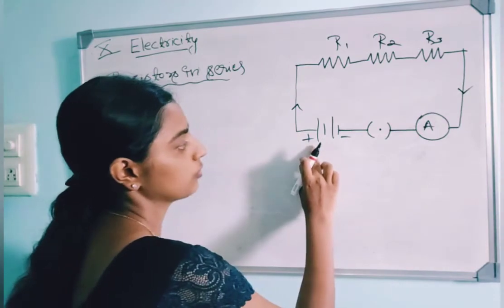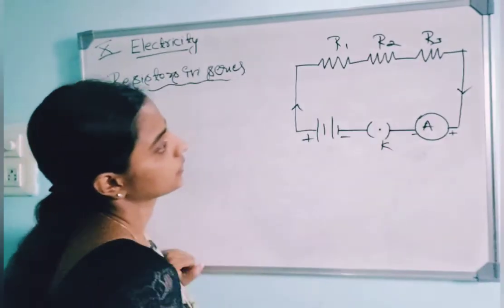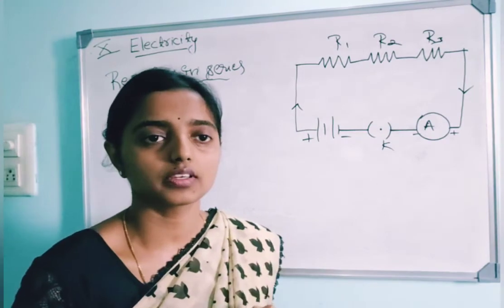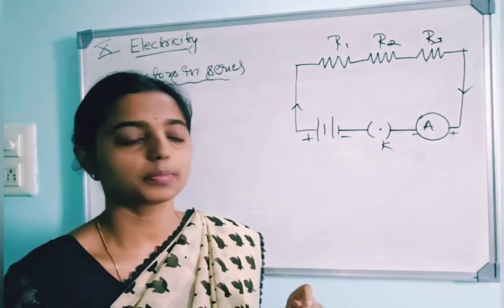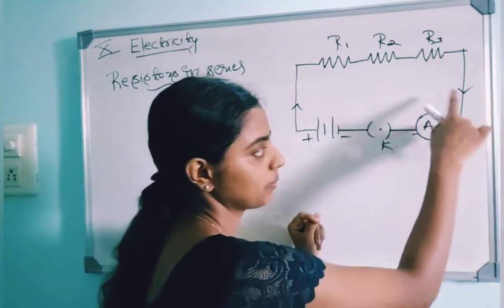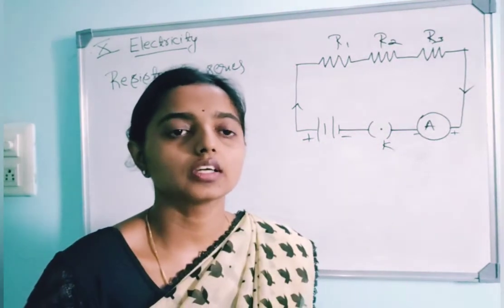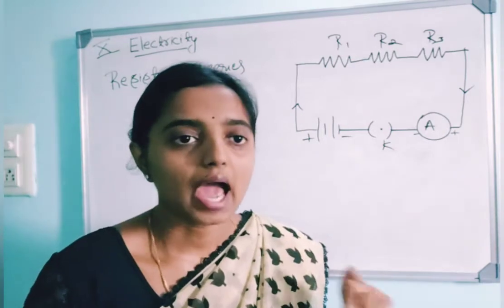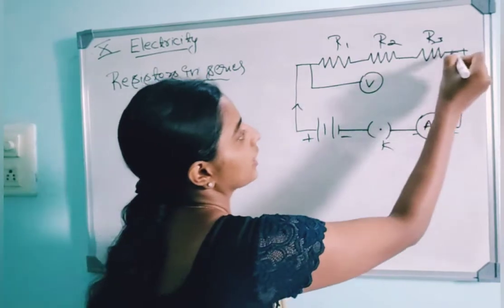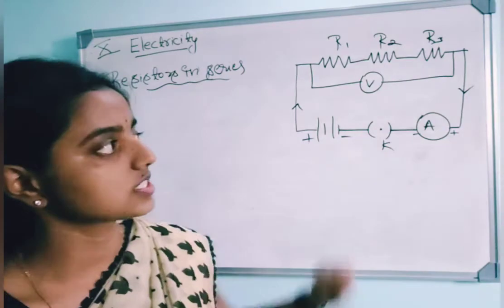The positive terminal of the battery connects to the positive side of the ammeter. This is the key. Everything is connected. Now we also learned one more component. What is that? Voltmeter, right? It gives the potential difference value. Now the ammeter will always be connected in series, side by side. See, the ammeter is connected to the plug key and the battery. Now listen, the voltmeter will always connect in parallel. That means I take the voltmeter and connect it across all 3 resistors. Clear? So this is the diagram.